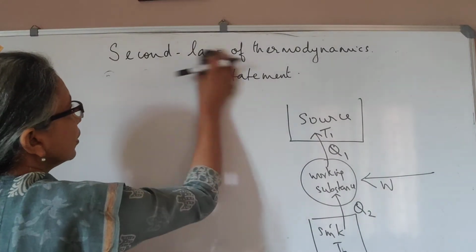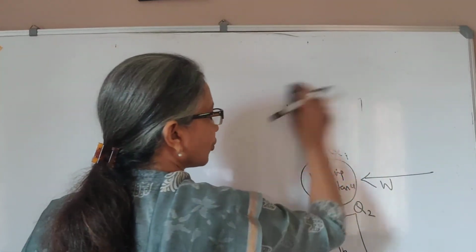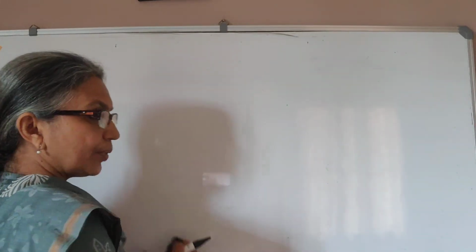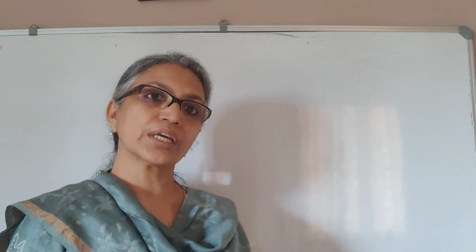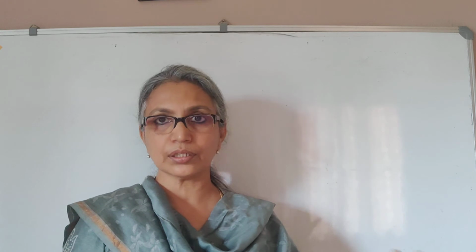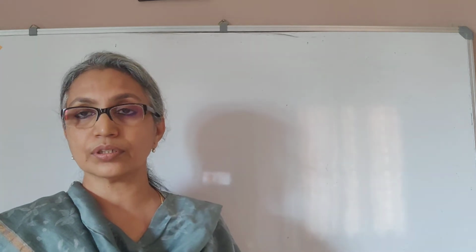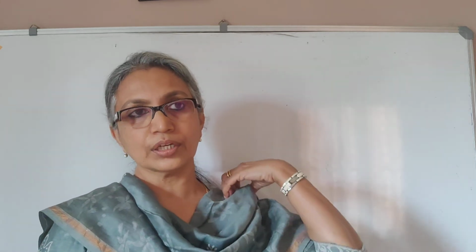In the last part of this chapter, we go on to discuss reversible and irreversible processes. In our daily life, we come across many processes in which the newly created substance can be reverted back to the initial state. For example, suppose you take ice and keep it at room temperature. You know it will melt and water is formed. But you can put this water back into the freezer and get it back into ice. So this is a kind of reversible process where you can get back the substance in its initial condition, but not perfectly reversible, of course.